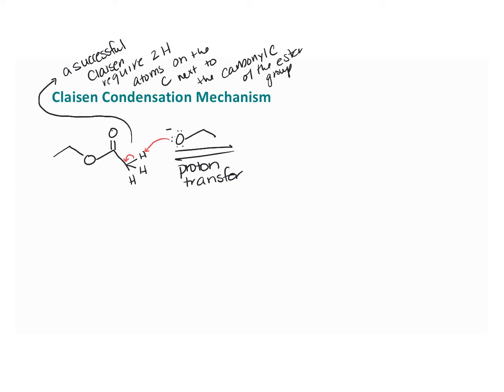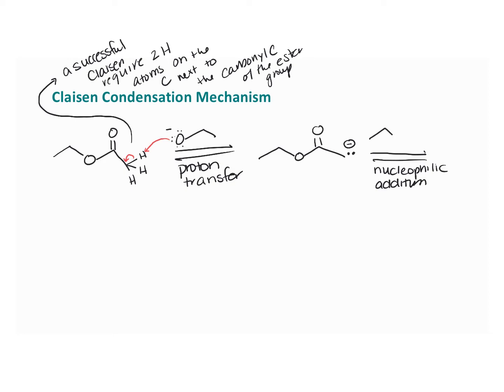Now, when that happens, we end up with a negative charge on that carbon. Now, this is resonance stabilized, and you can draw the resonance structure. And then the next step is a nucleophilic addition,